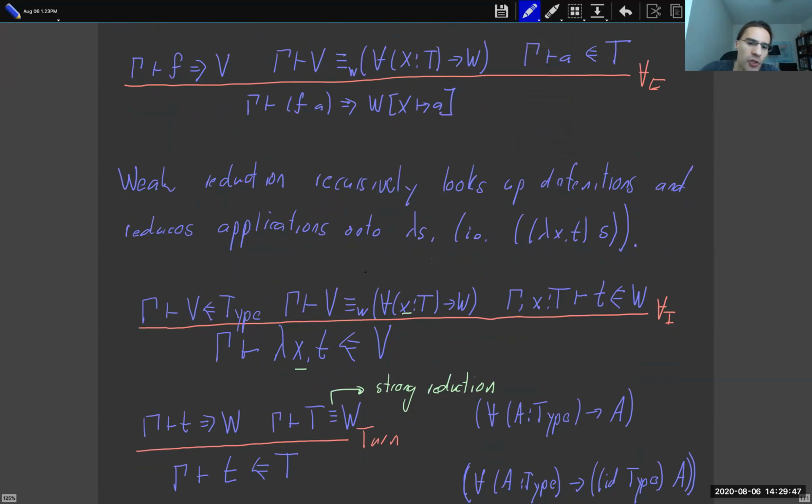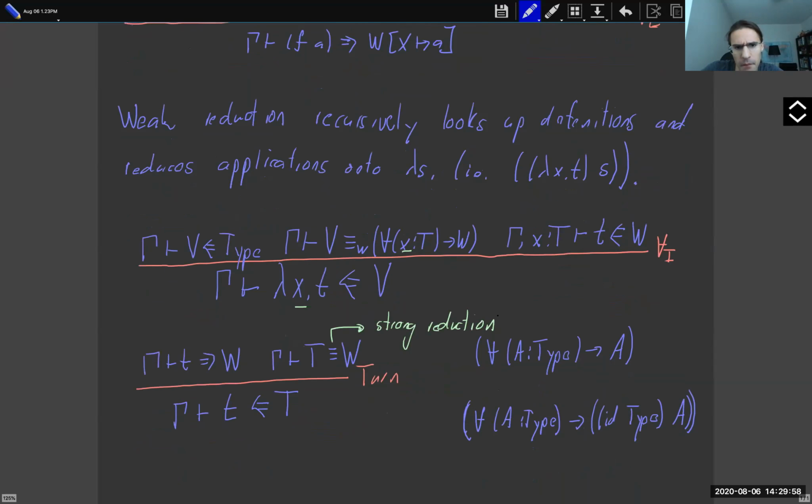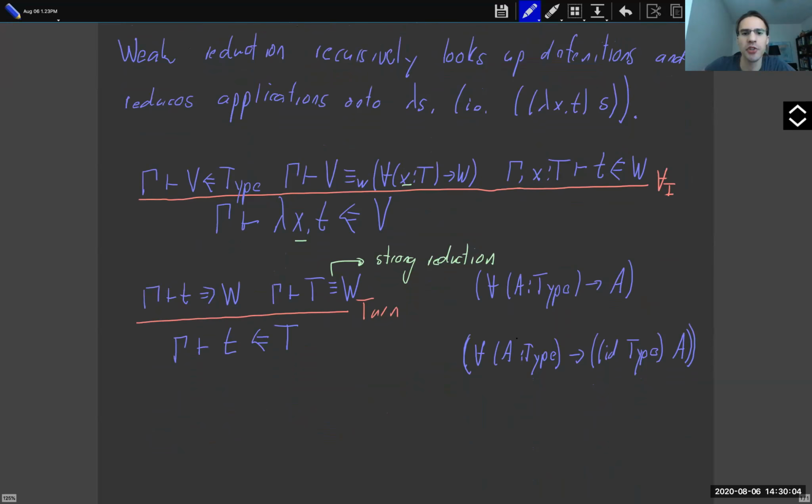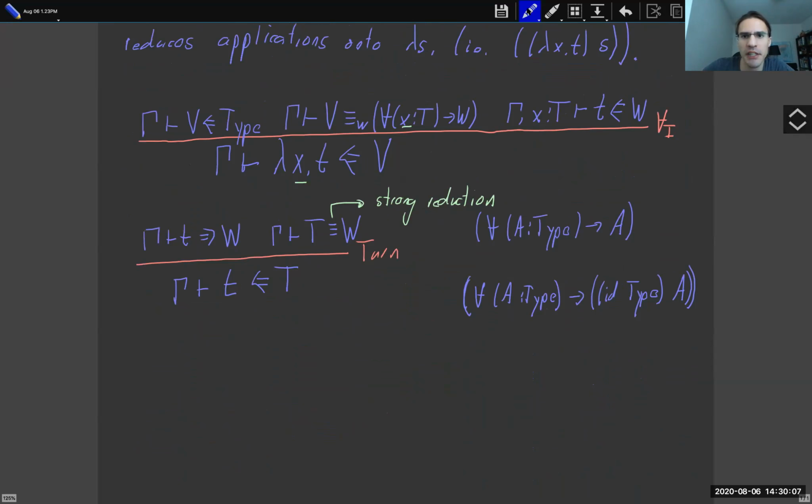So weak reduction also includes alpha equivalence. Although that doesn't appear in the definition of weak reduction, the implementation will have that. Okay, so that covers the first thing that I wanted to cover today, which is an explanation of where computation